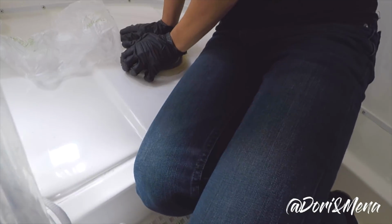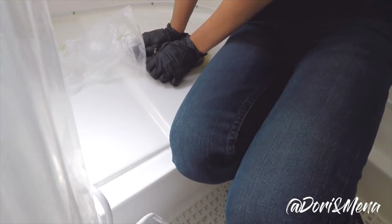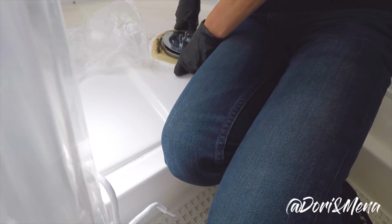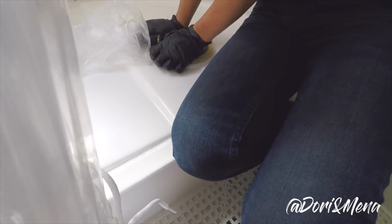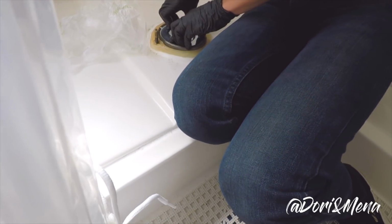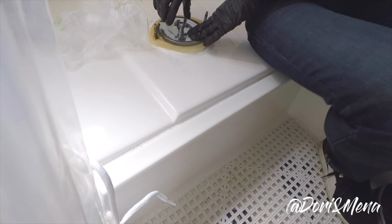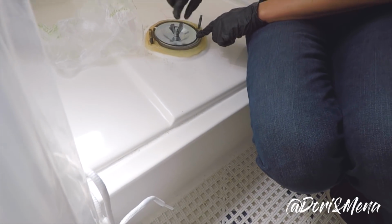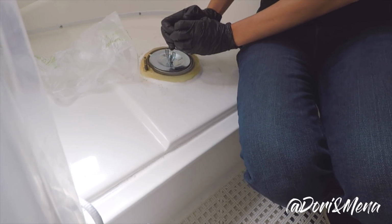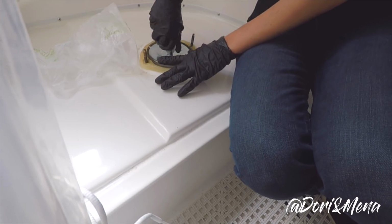Now we just gotta wedge it down as much as we can. Oh, I'm so glad this fits. Oh, that's perfect. Perfect 4-inch fit. Okay, so once that's down in there, then this is tightening the seal. So the outside ribs, they expand to tighten the seal, which is good because we don't want any